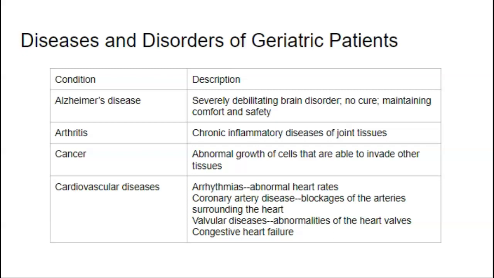So Alzheimer's is very difficult to deal with because there really is no cure. There is a pill or a medicine called Tacrine that can help patients in the mild to moderate stage, but once they've gone beyond moderate to severe, there really isn't anything you can do other than maintain their safety and comfort and make sure that they're either in an environment where somebody is taking care of them, whether it's an inpatient or